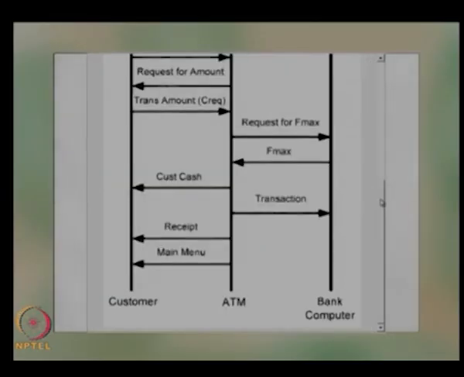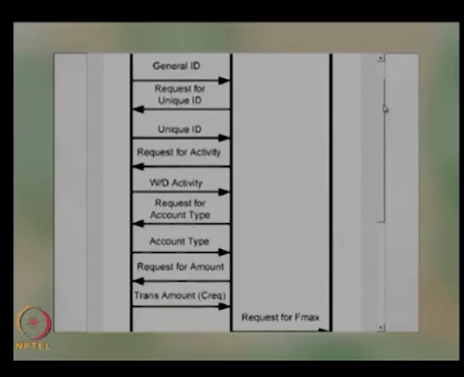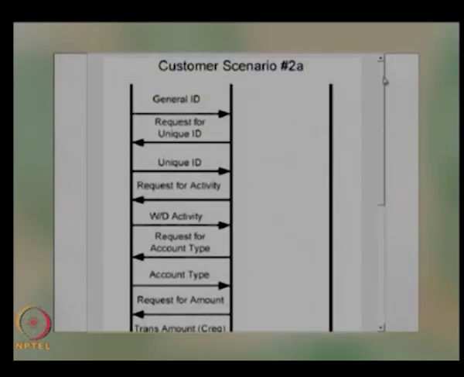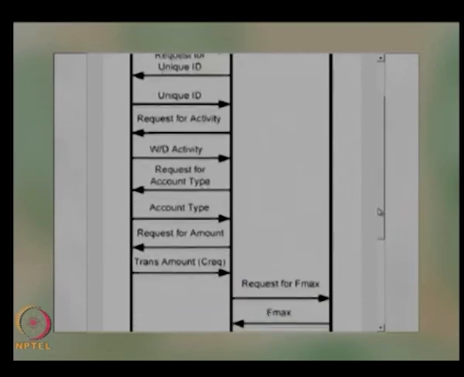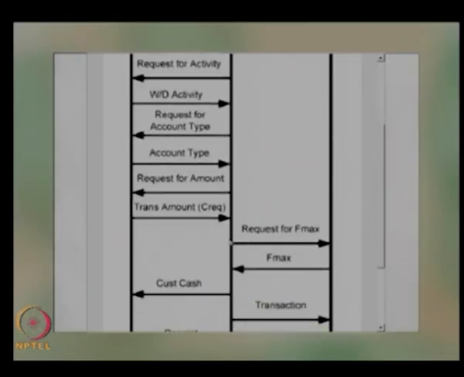So this is another input output requirement for another scenario. Basically here is a withdrawal activity, the customer wants to withdraw some amount. So the initial activities will be the same. Once you tell the request for activity, the customer chooses the withdrawal activity and then request for account type, then account type is given, then request for amount, transaction amount, and when you give the amount, there will be a verification of the maximum amount the person can withdraw, and that amount will be given back